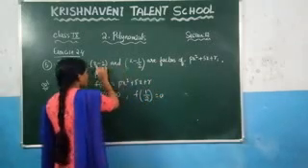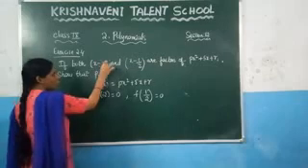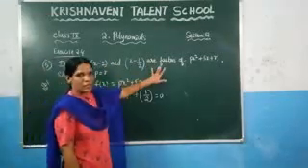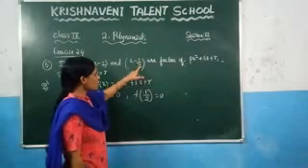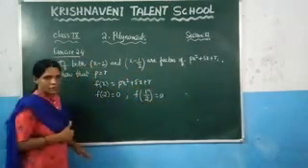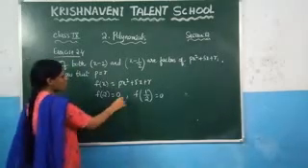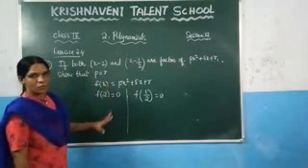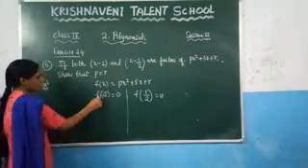That means in place of x, if you substitute 2, you have to get the remainder as 0. That's why we are saying it is a factor, right? And in place of x, if you substitute 1/2, you have to get the remainder as 0. This is the condition they have given. Based on these two equations, we need to show that p is equal to r. So what is f of 2?